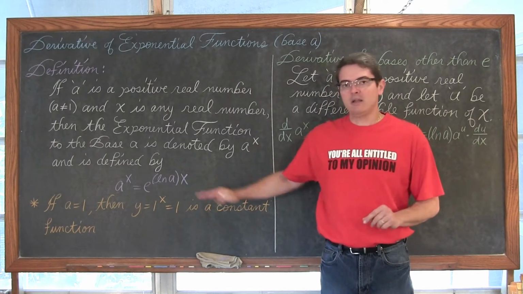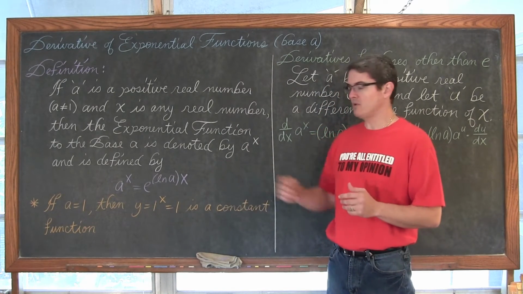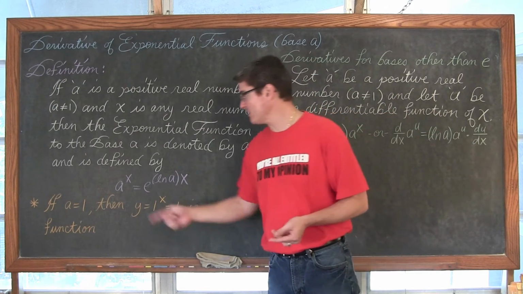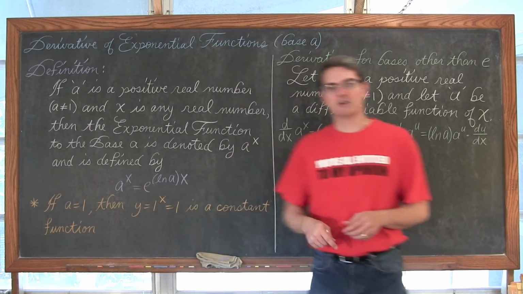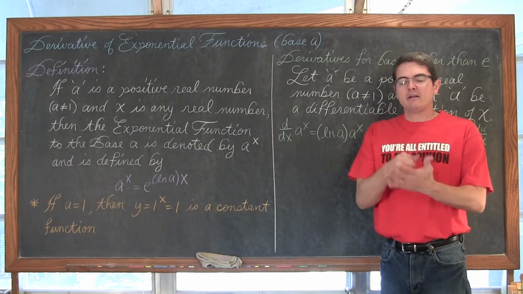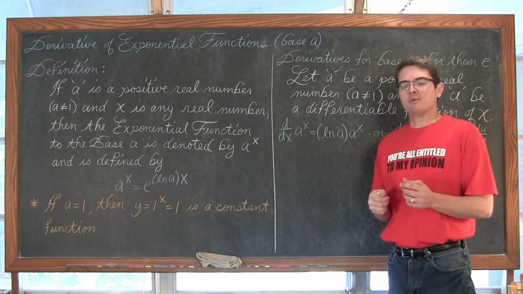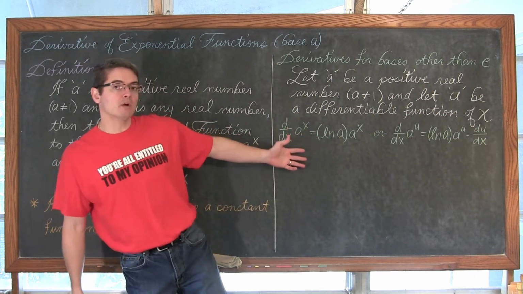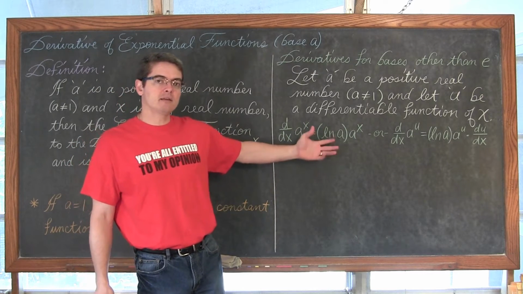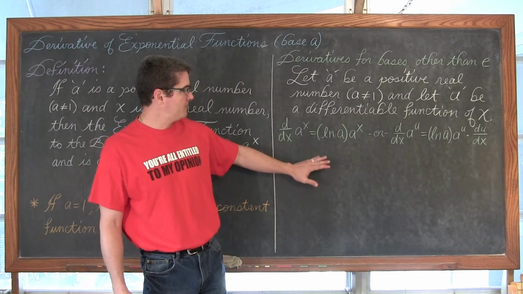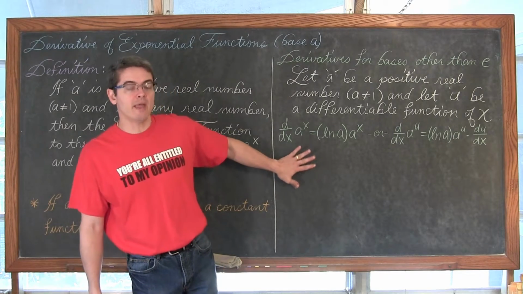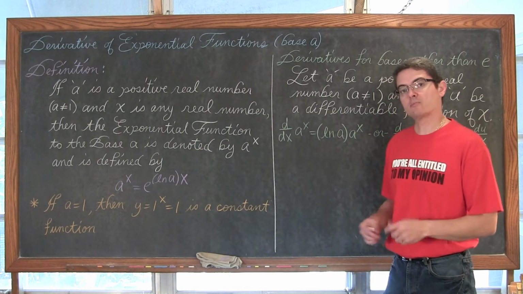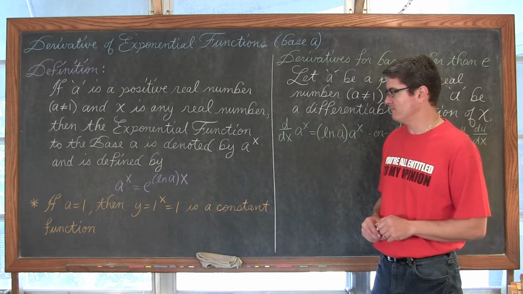And this is really the line here that shows you that if you can find the derivative of a natural exponential function, then you can find the derivative of any exponential function. And I'm going to really hit on that relationship very hard as we go through our examples because basically what I'll show you is we have a rule here for finding derivatives where the base is anything other than e, but it's just another rule to memorize. The problems go quicker with it, but you can use the skills that you already know to do these problems as well and save yourself a little bit of memorization.